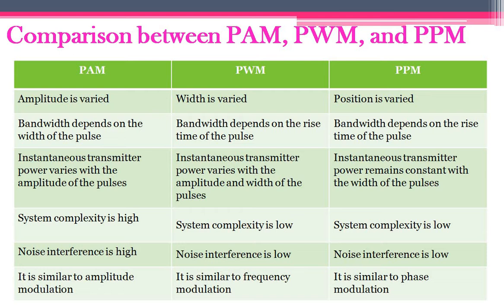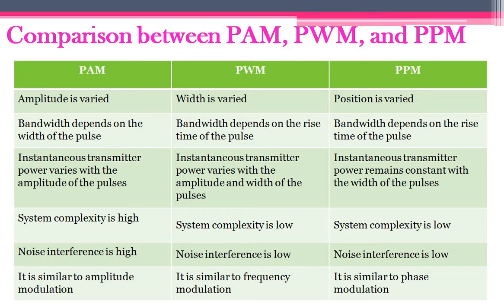I hope you remember what the PWM demodulator is. What do you have in a PWM demodulator? You have a ramp generator, right? You also have a reference signal generator, then it is given to a clipper which clips out the external noise, then it is given to the low pass filter to get your original message signal. So this was about your PPM signal. I hope you are all clear with PAM generation, PWM and PPM.